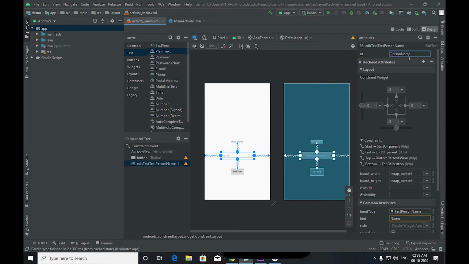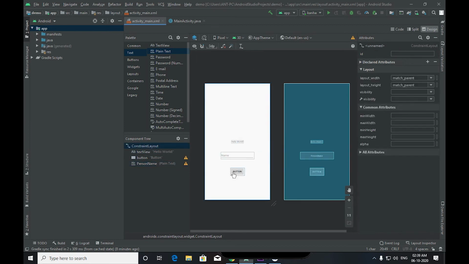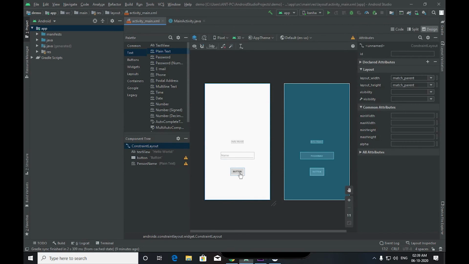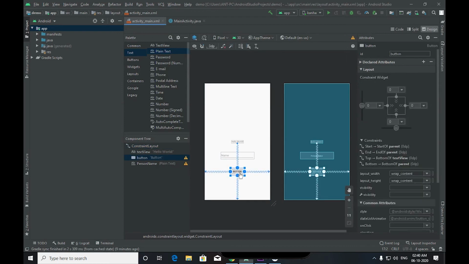If you just follow my steps, it will be very easy for you. This is going to be our back end, and this is our front end. It's just to show how our screen looks.